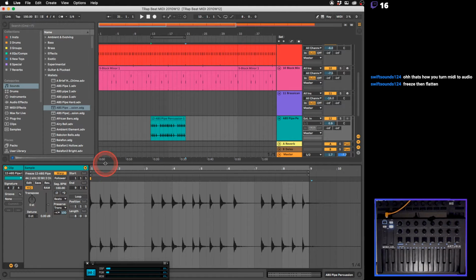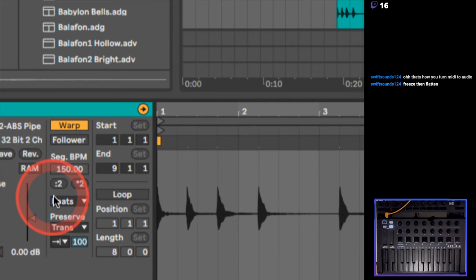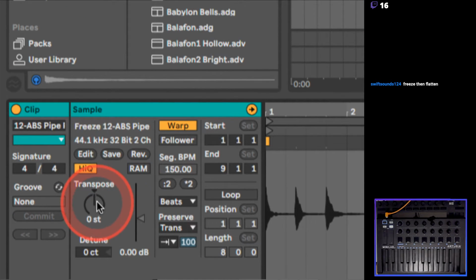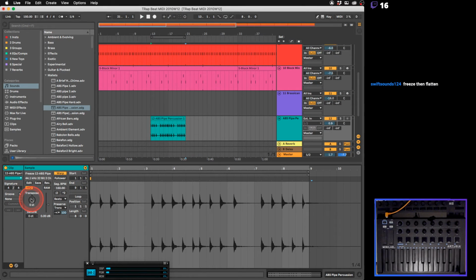All right, so it's not a beat, but everything is spaced out. It's all separated out like a beat would be. So as long as everything is all separated out, you can put things into beats mode. Now, once I've got this in warp over here, and warp basically allows me to mess with it, it disconnects the pitch and the audio. So I can actually transpose stuff. So if I go over here and